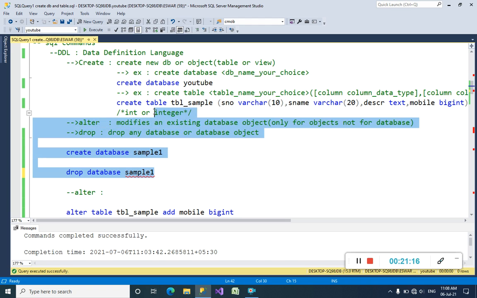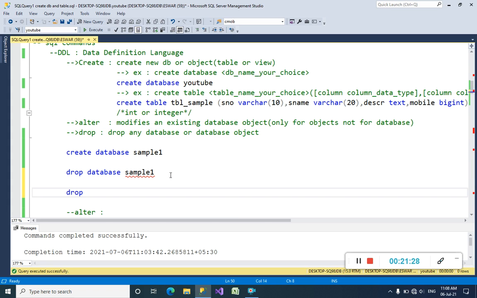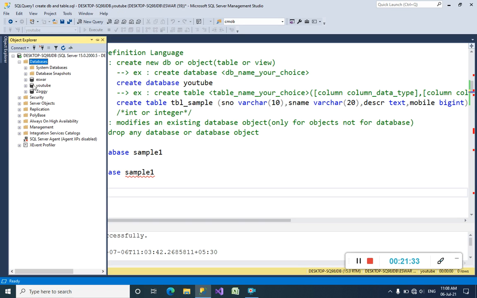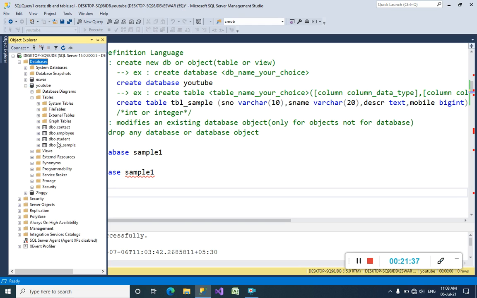Okay. Also see guys, the tbl sample table we created using the create command, we can also drop using the drop command. Before dropping it, we can check whether the table exists or not.